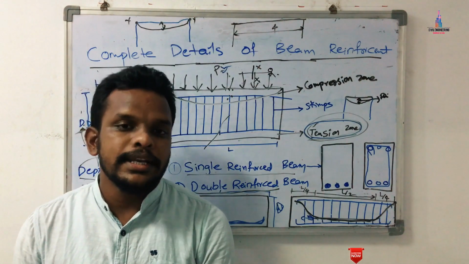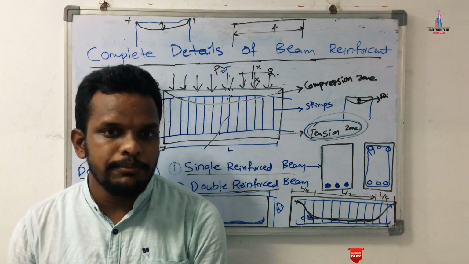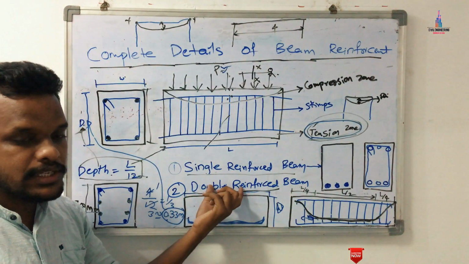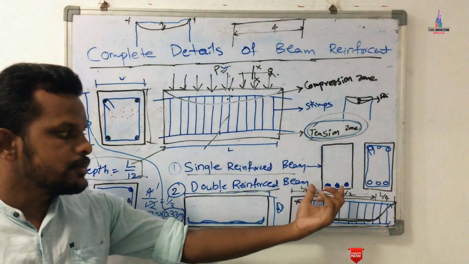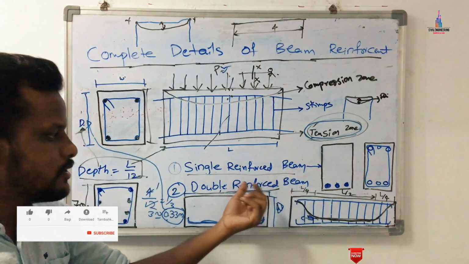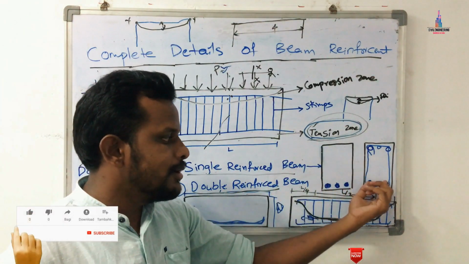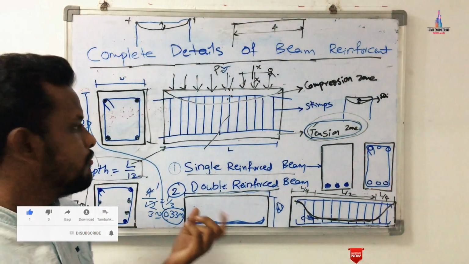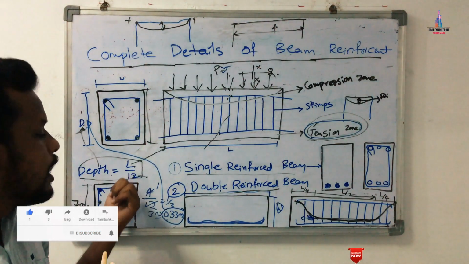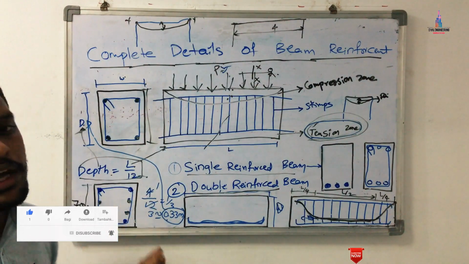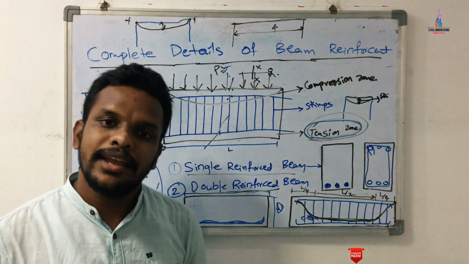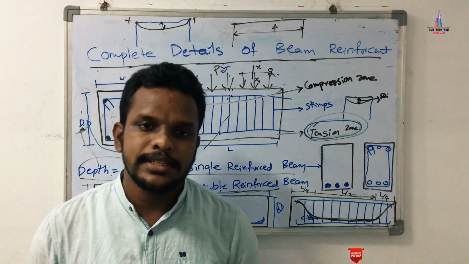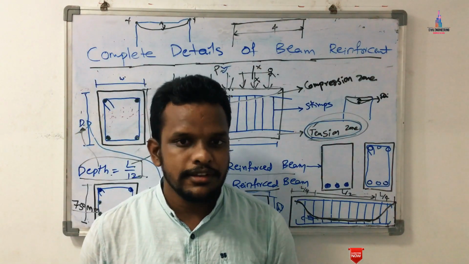So this is the complete details about the reinforcement details of the beam, related to the single reinforcement section and double reinforcement section. If you provide only the single reinforcement section at the bottom, that comes under single reinforcement, and double reinforcement comes under this. We can calculate the depth of the beam depending upon the formula L by 12, and side reinforcement will be provided if the depth exceeds 750 mm. So this is the complete explanation about the reinforcement sections of the beam under the design considerations.